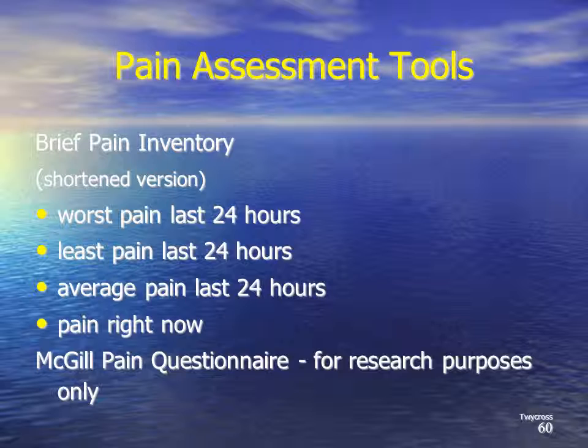The shortened version of the BPI is over a 24-hour period. So this looks at the worst pain that they've had over the last 24 hours, when their pain's been at its best, and how they would average it out over the last 24 hours, and how their pain is right at this minute. And from that study that I mentioned previously, the problem for patients is that they tend to